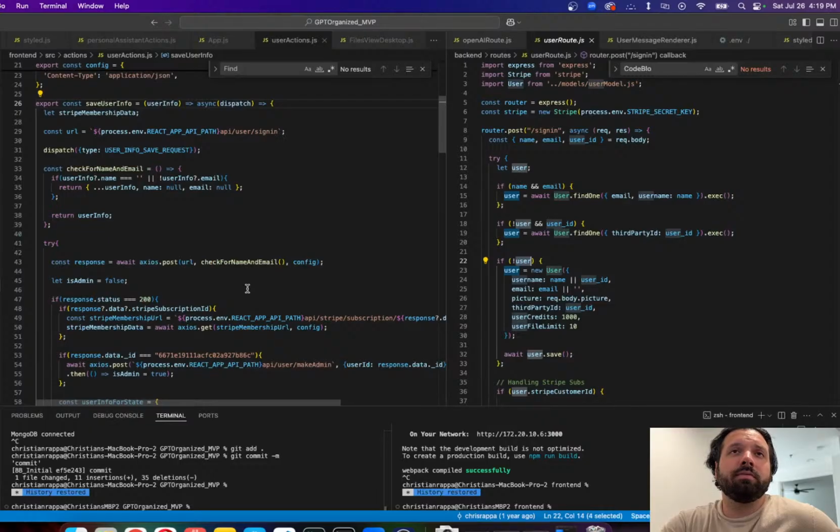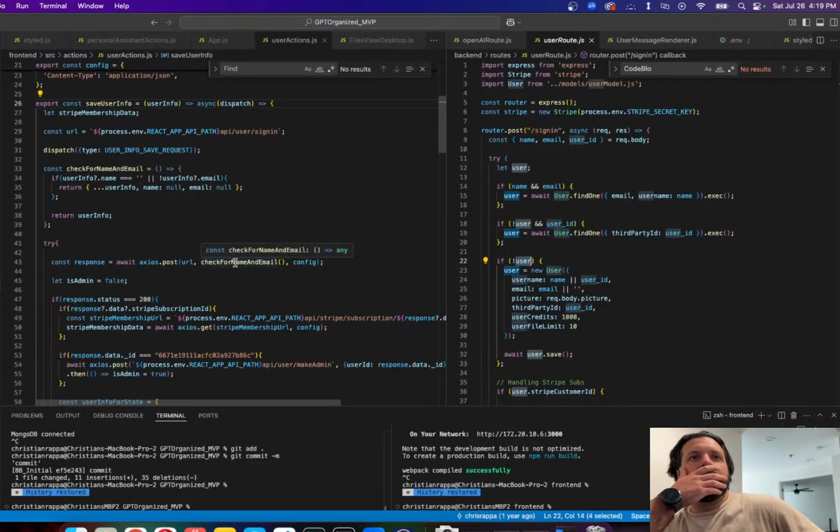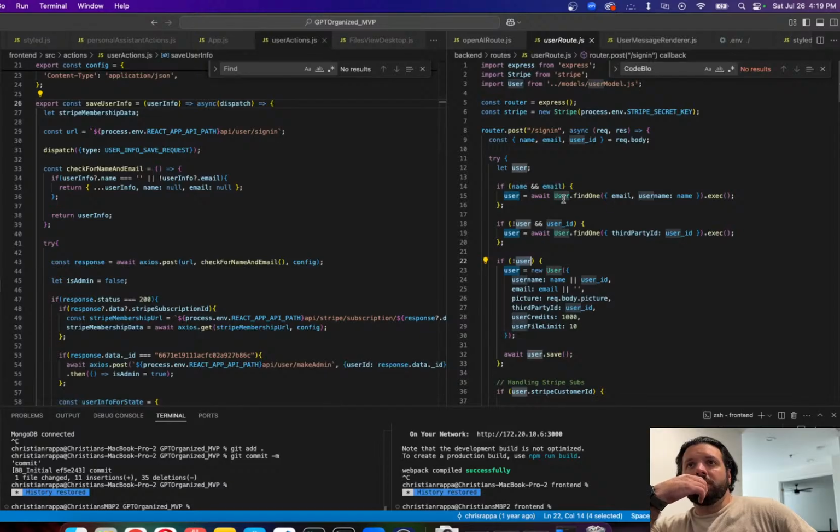And if there is, even if Auth0 does give us something, we just check to see if that user exists in our database, and if not, then we create a new one. So probably